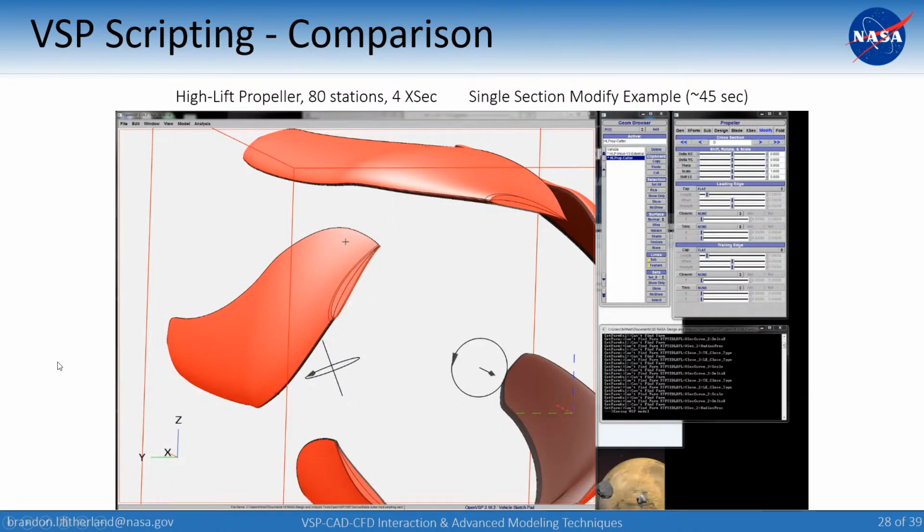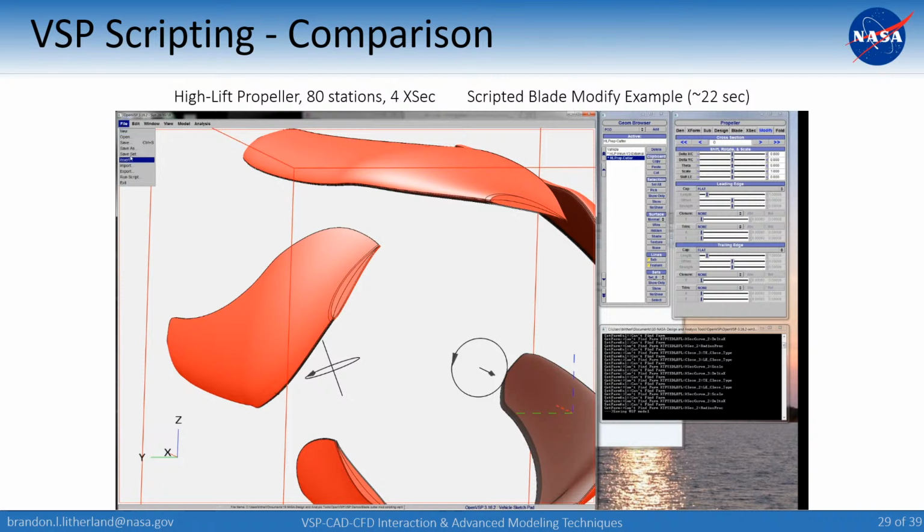So in this case, we've got a single section modify example where what I'm trying to do here is thicken the trailing edge and the leading edge to make this cutter component. So it's already set my offsets to make it a cutter. What I need to do is thicken it so it's going to clear the material away. And as I'm doing this, you can see how long it takes to only change a single parameter here. And there's one. So it's going to go through the same process for the leading edge. We have to go and tell it that I want to turn something on, and then it's going to allow me, and then I have to set the value, and it's got to update. So you have to do this for each individual cross-section along the blade, and it takes a lot of time. But instead of that,